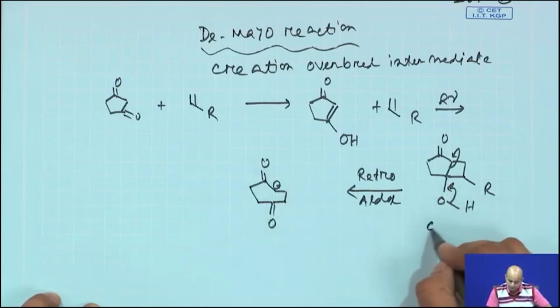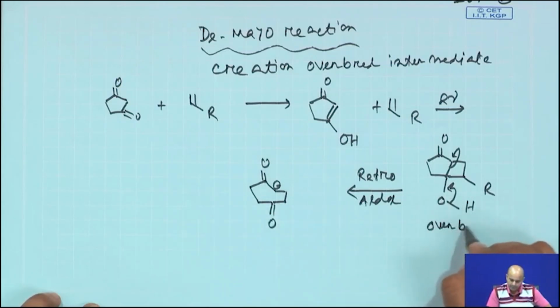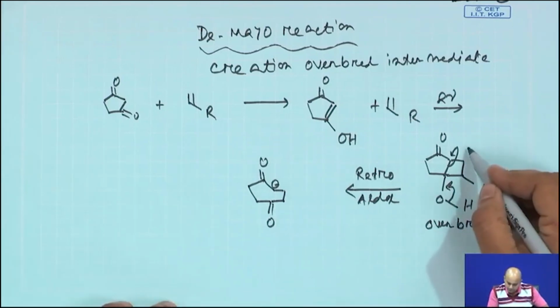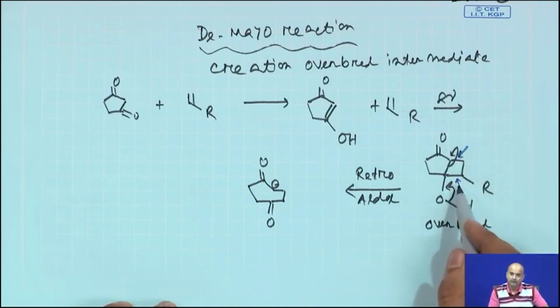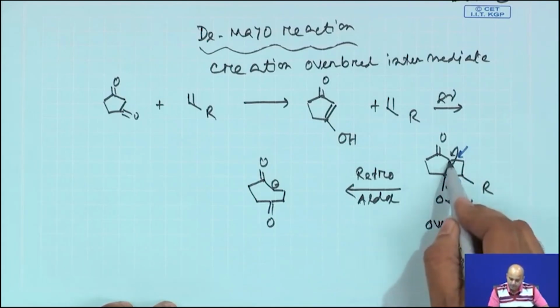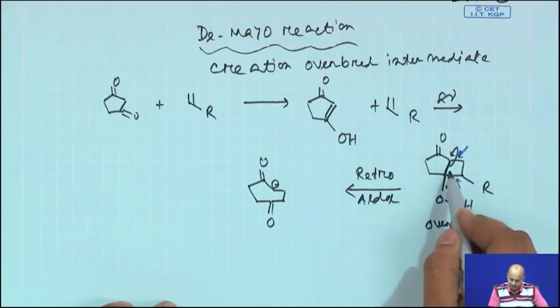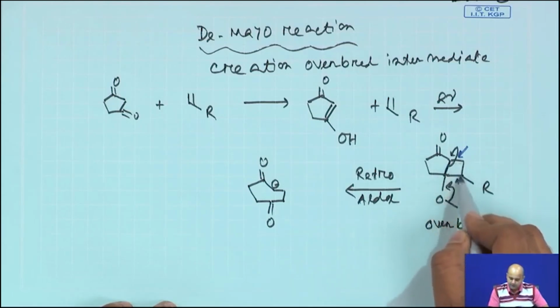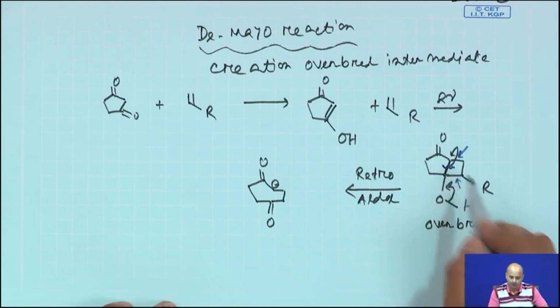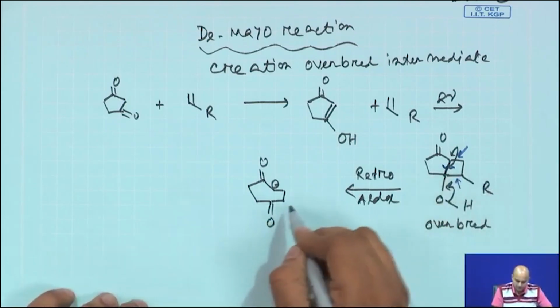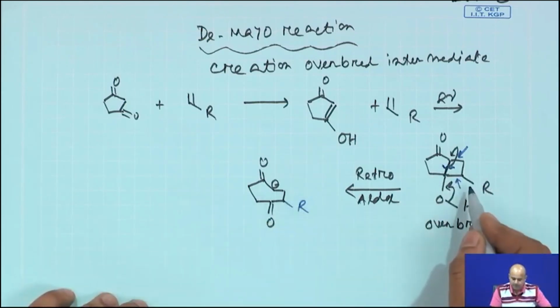So this is your overbred product. Basically, you have created two extra sigma bonds, and this sigma bond was there earlier. You created two new sigma bonds and then you cleave the earlier sigma bond which was present in the molecule. This was the main concept of the overbred intermediate,